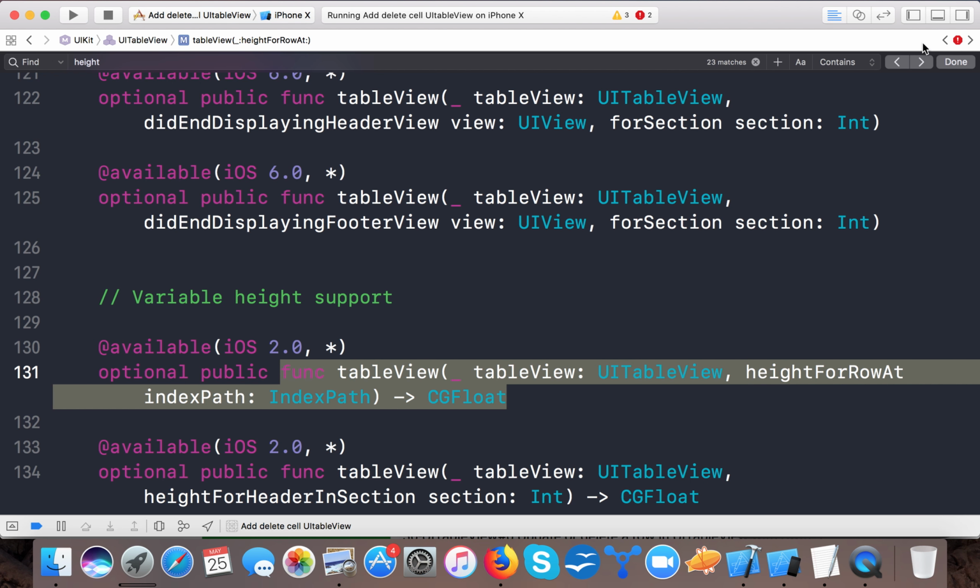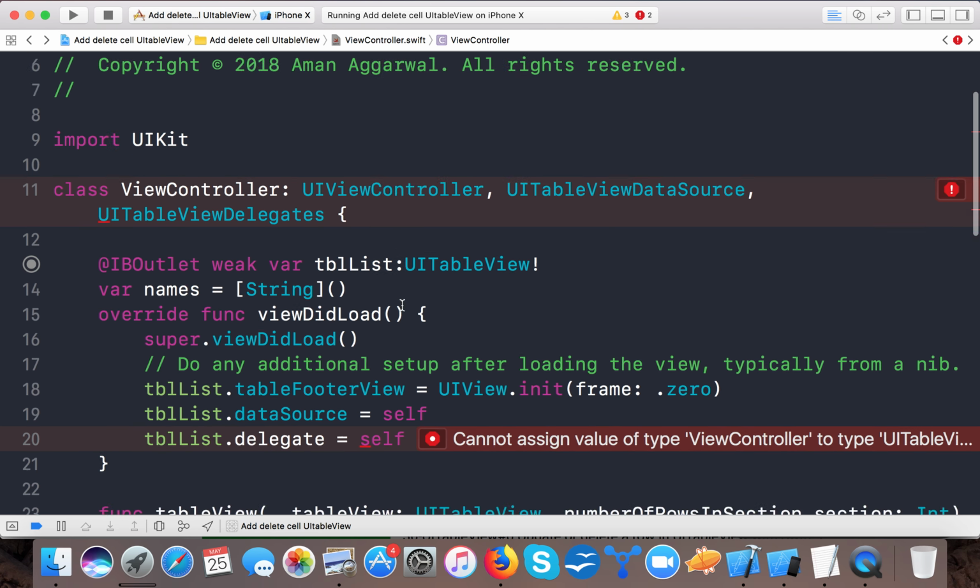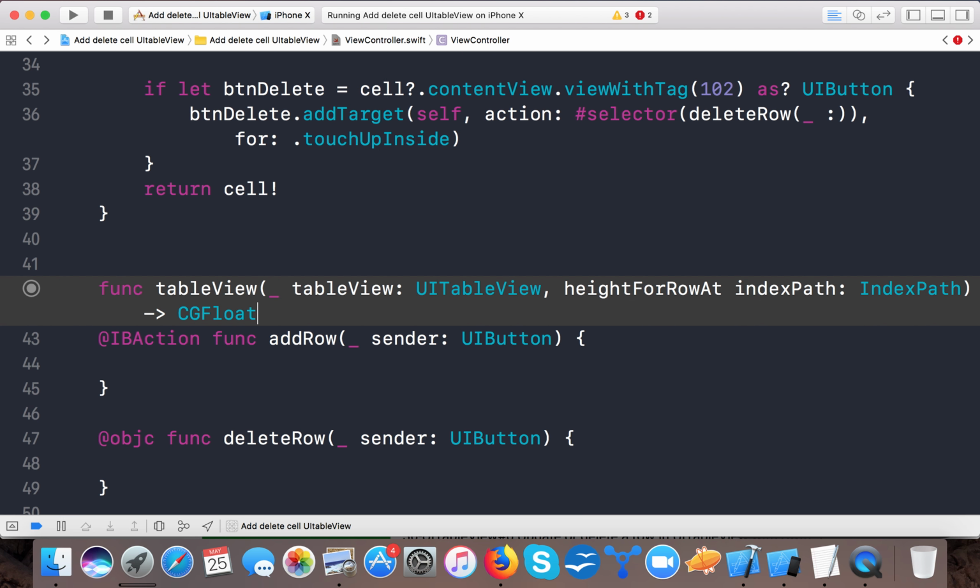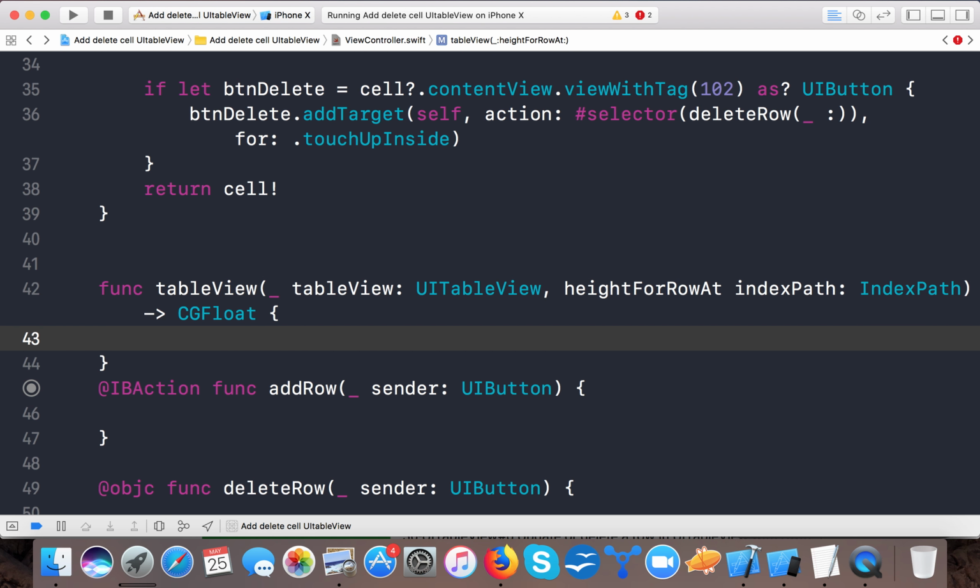It's not coming there, I don't know why it's not coming. And here we go, paste it here, and here we have table view height for row. So here we return